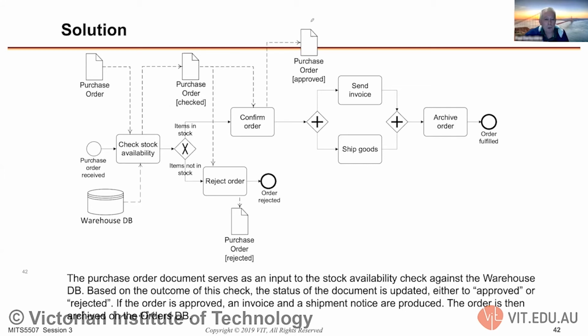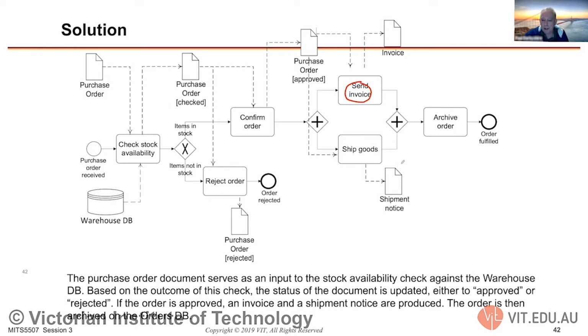The checked purchase order is used as input to the reject order because if it's not available, we reject the order based on the items not being in stock. If the items are in stock, the confirm order activity then produces a purchase order which is approved, and the approved purchase order is used as input to the send invoice activity,